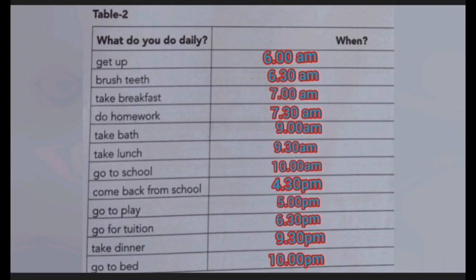Here the question is you. Instead of Gopal, Gopal is third person singular, so does is used. When does Gopal get up? Gopal gets up at 6 a.m. But here, when do you get up? I get up. This is the first person. For first person, we use V1, the first form, for get up, V1, and we should not use